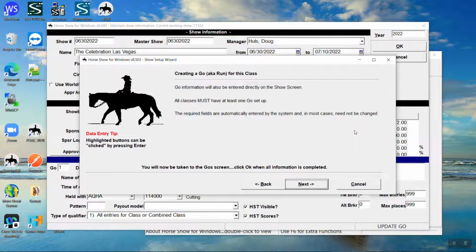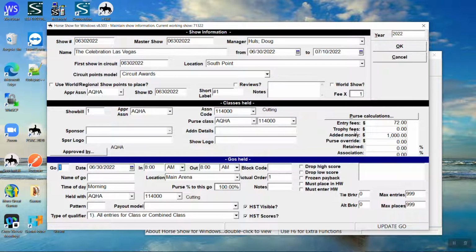For the mobile tools, the information down here is very important. You want to make sure that you put the correct dates in, because people are going to be looking online to enter your classes according to what date you have put in here. So if you put the first day of the show is just your default and you don't usually use that, with the mobile tools, you'll want to really pay attention to what date you're putting, because people are going to